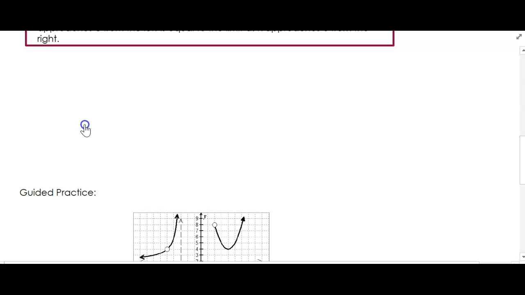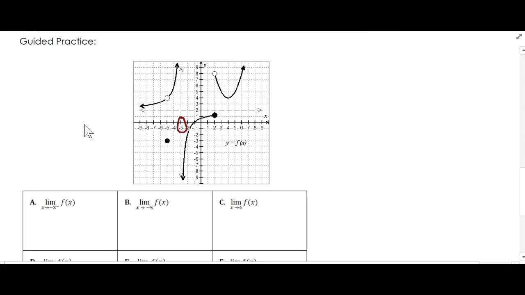All right, let's go ahead and try some practice. Again, if we are looking at letter A, the limit as x approaches negative 3 from the left, so I'm looking at x equals negative 3, which is here, and all I care about is what's happening as it approaches from the left because of this negative superscript. Something I noticed is that my y values are going up increasingly, forever and ever. They're never going to stop going up because they're going to keep approaching my vertical asymptote at x equals negative 3. And so when we're talking about this limit, we can say